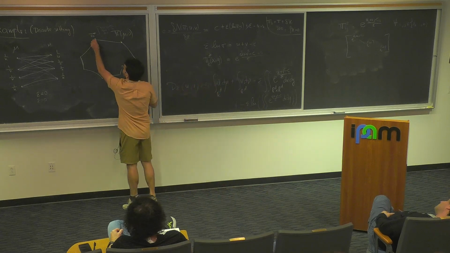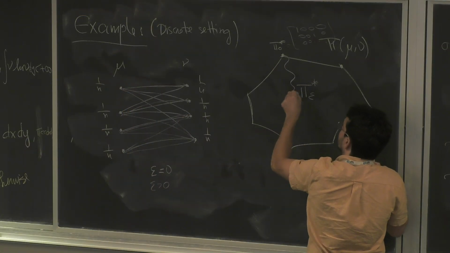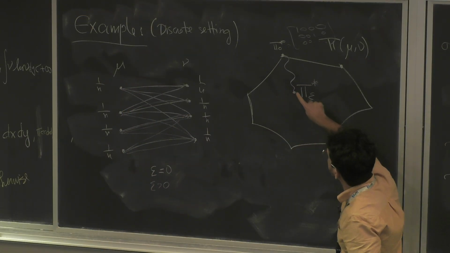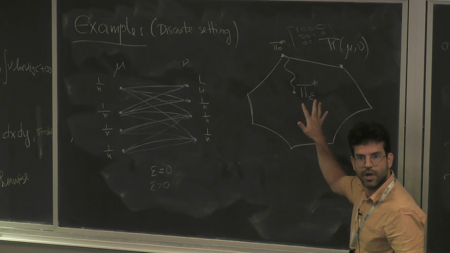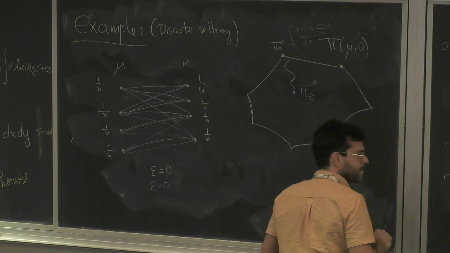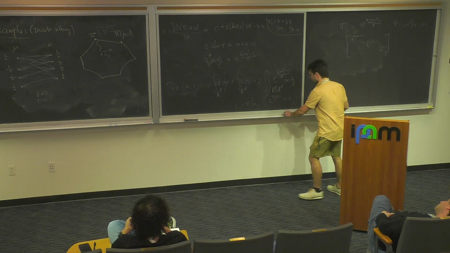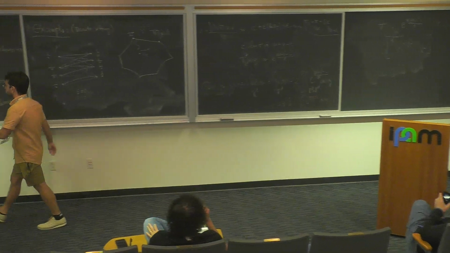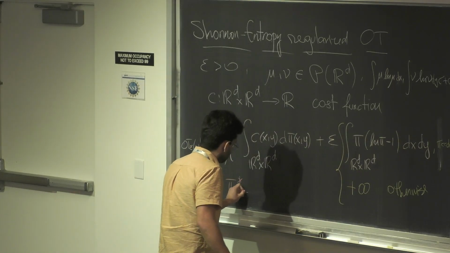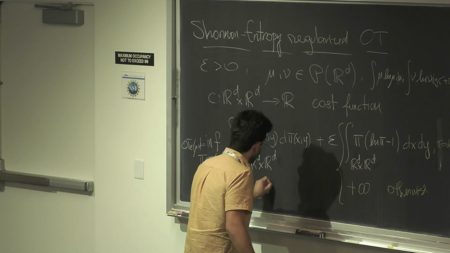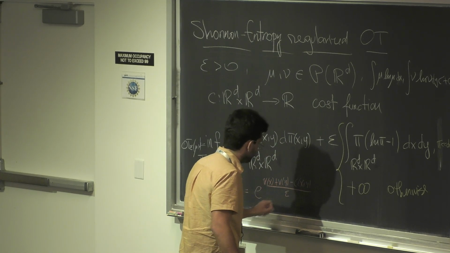And of course, since I'm in this case, when epsilon is positive, my solution is going to be in the interior of this polytope, and if I can get epsilon very small in practice, I'm approximating my optimal coupling. So, clear this big picture, okay. Just to get a geometric intuition, what we have here is that there exists a unique solution, pi epsilon, that is given by the exponential of u of x plus v of y minus c of x and y, divided by epsilon.